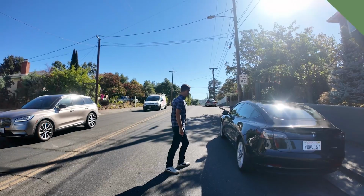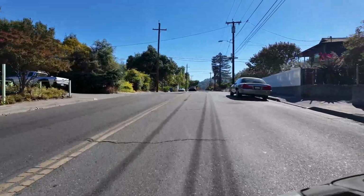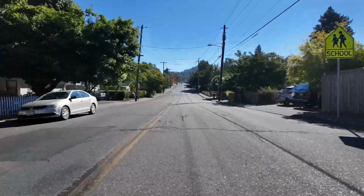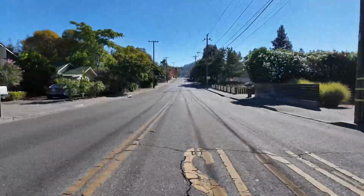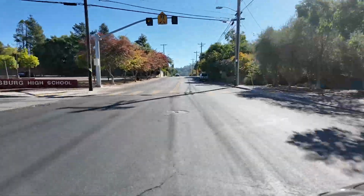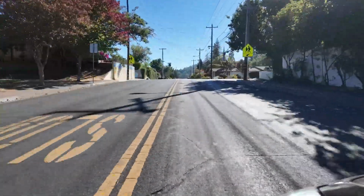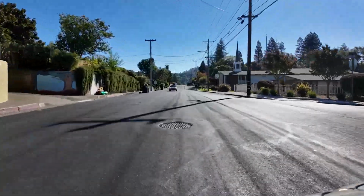So let's go and head up Powell, and then we'll go and check out some of the neighborhoods up here. So we'll jump in the car and head up Powell. So we're heading up Powell Avenue here, and on the left-hand side, we've got the Healdsburg High School. And then if we keep going up Powell Avenue, straight ahead, you can actually just see Fitch Mountain in the